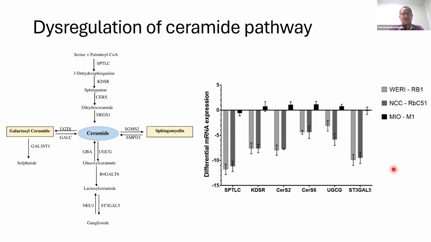The biosynthesis is not upregulated, but maybe it is due to the degradation of the glycosyl ceramide once formed. The GBA protein is required for the degradation of glycosyl ceramide. Maybe if it is deficient, the glycosyl ceramide is upregulated, and this kind of